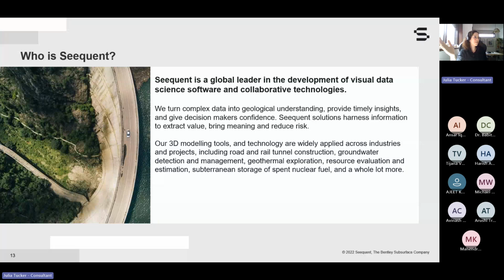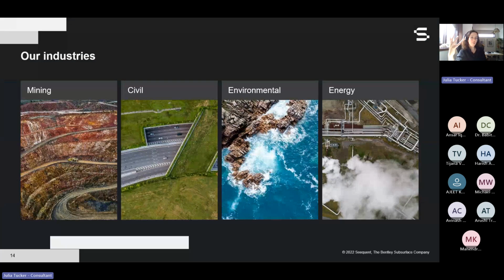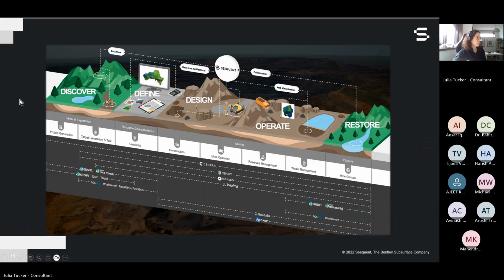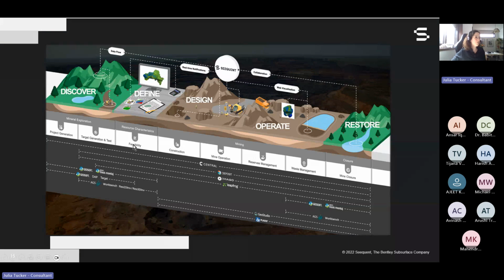So Sequent is the global leader in development of visual data science software and collaborative technologies. And our industries are mainly mining, civil, environmental, and energy. Today, we will be totally focused on mining, and here is a little bit about what I have already talked